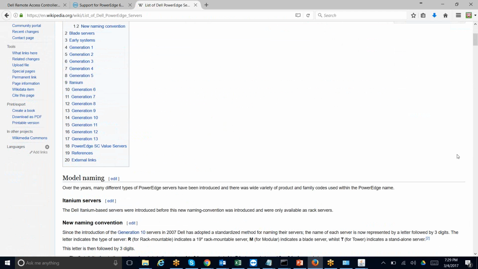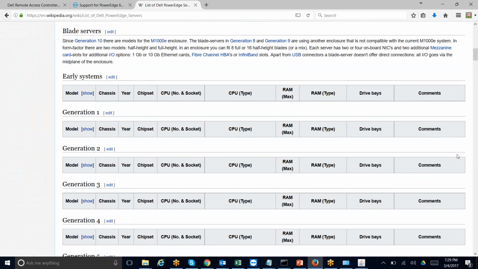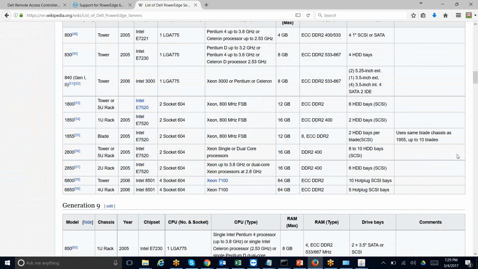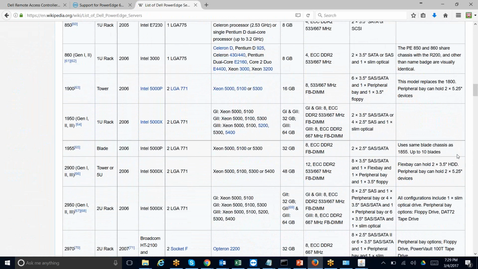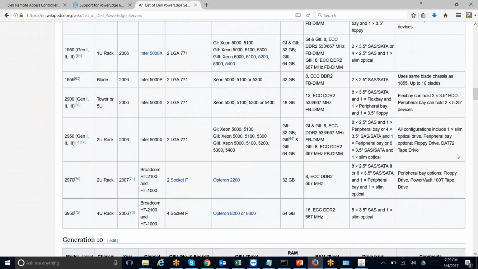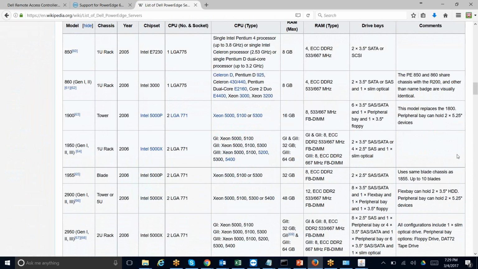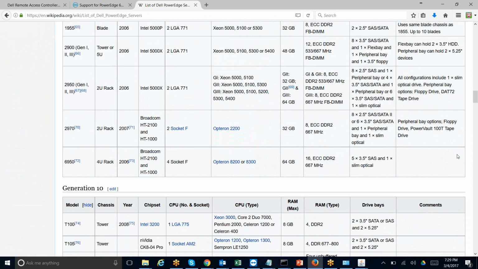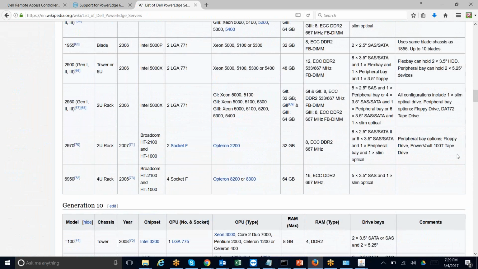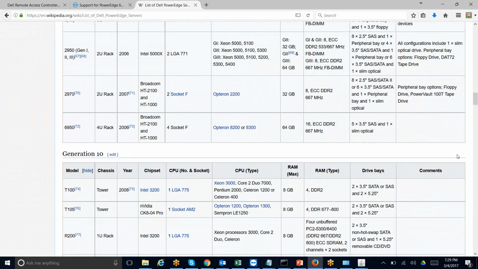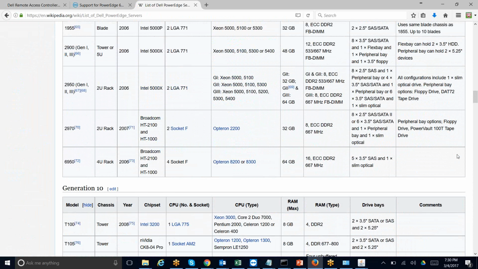फिर देखो, जनरेशन 1 से लेके पूरा यहाँ पे बता रहा है, देखो, जनरेशन 3, जनरेशन 8, जनरेशन 8 के अंदर का सर्वर मॉडल्स, जनरेशन 9 के मॉडल्स 1950, 2900, 2950, 6950। 4U रैक बोलते, जो मेरे पास रैक है, ये आया था 2006 में। 4 सॉकेट है इसके अंदर सीपीयू, यानी 4 सीपीयूज। ऑप्टेरॉन 8200 या 8300 इसके अंदर सीपीयू है। रैम मैक्सिमम 64 है, मेरे पास तो 32 ही है। रैम टाइप 16 DDR2 स्लॉट्स है। और SAS ड्राइव्स इसके अंदर 5 है। मेरे पास 5 ऑप्शंस है और है 4 ड्राइव्स।